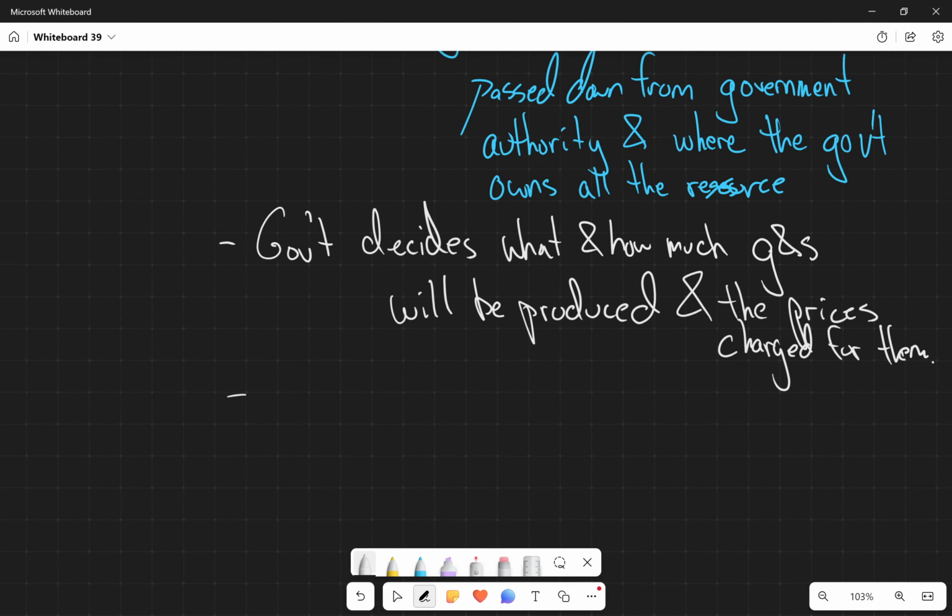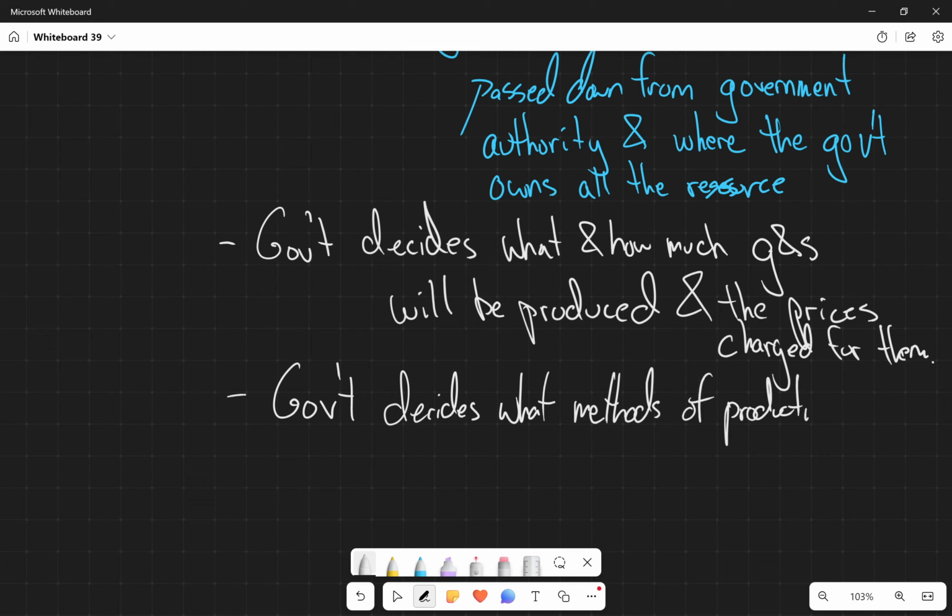The government also decides what methods of production you have to use: this particular type of production process, or this particular type of code, or this particular type of computer, right?